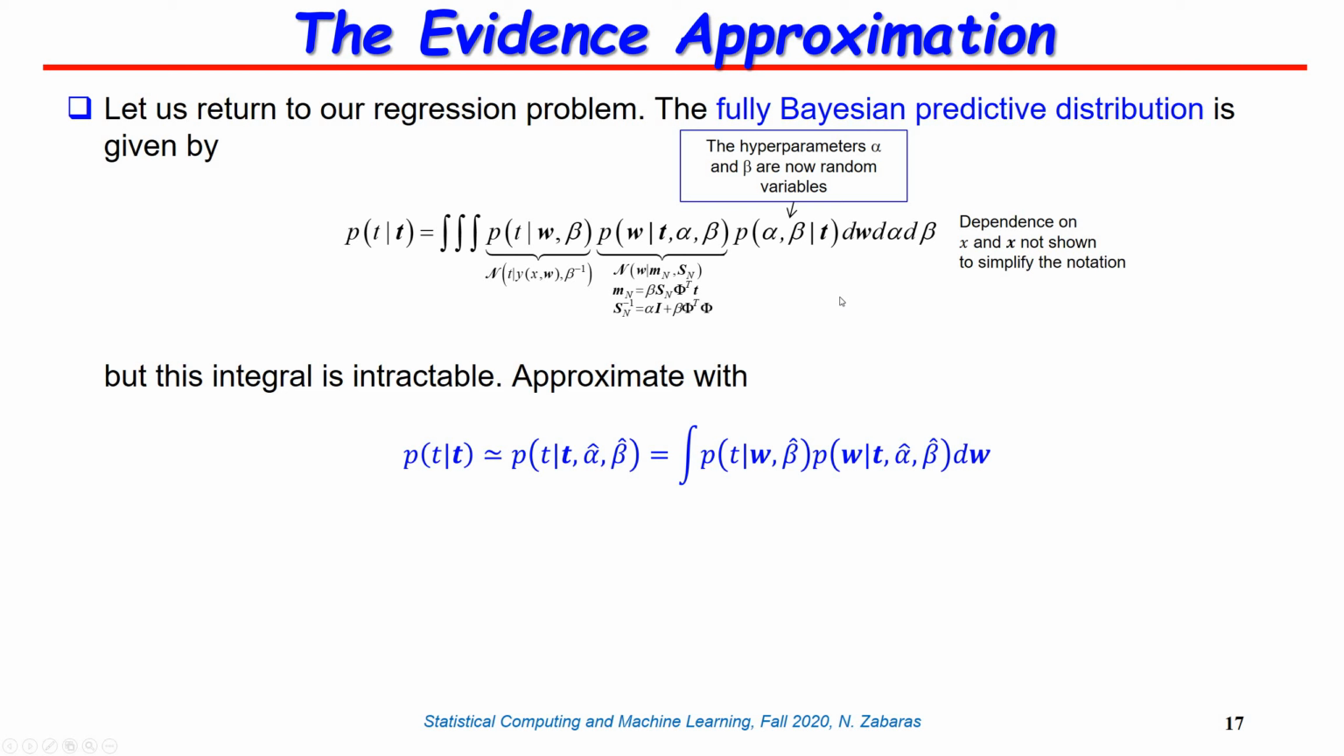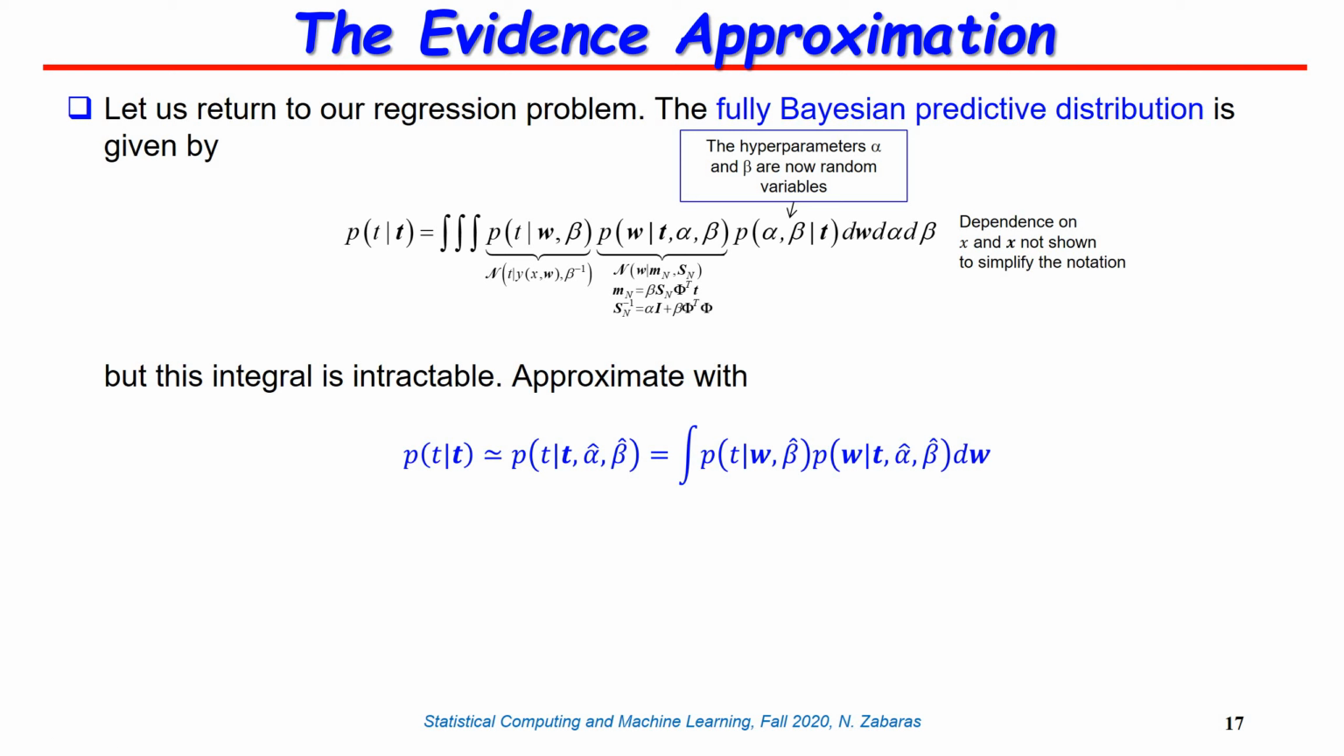What we're going to do instead is fix alpha and beta at some point estimates. You can think of those point estimates as corresponding to the MAP estimate of alpha and beta. This is what I have here. If I take alpha hat and beta hat to be the MAP estimate that maximizes this posterior of alpha and beta given my training data T, then I can write my predictive distribution as follows. This is my likelihood for a given beta hat,